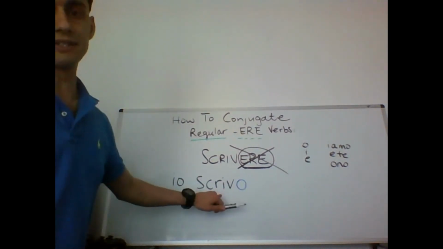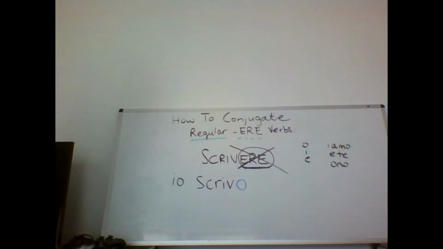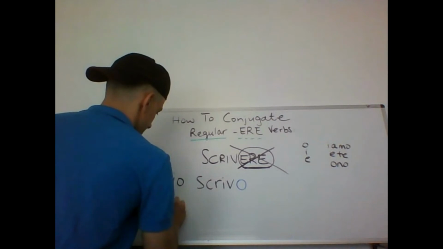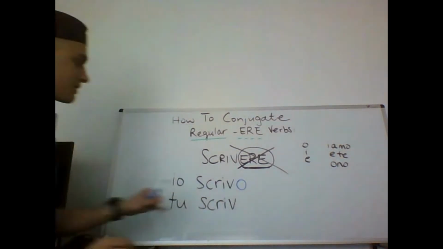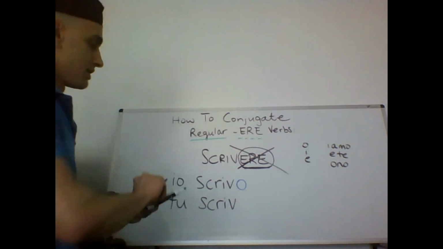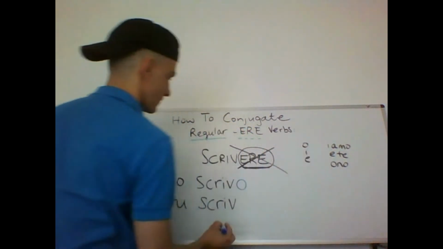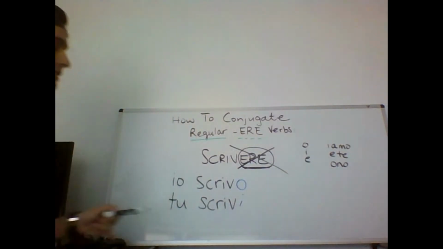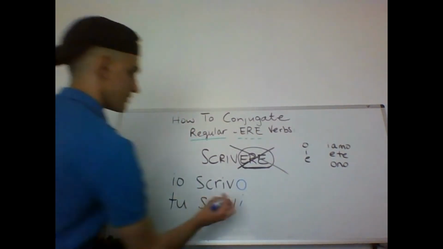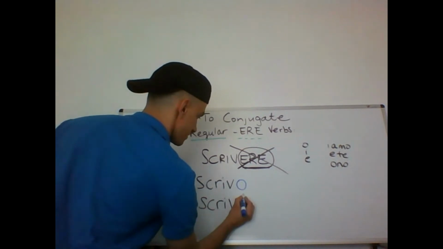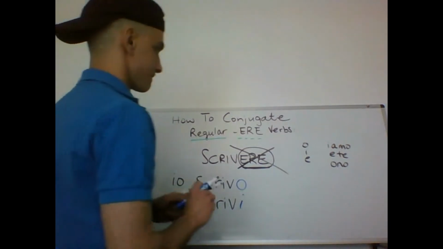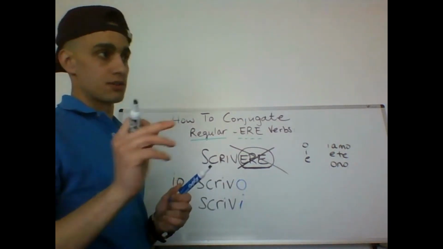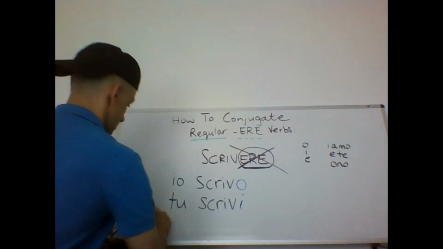I write. That's it, it's conjugated. If you were to write, for example, scrivere, there's the base. I'm going to take the tu form, tu scrivi, you write. Tu scrivi, you write. If I want to say, he, she writes,